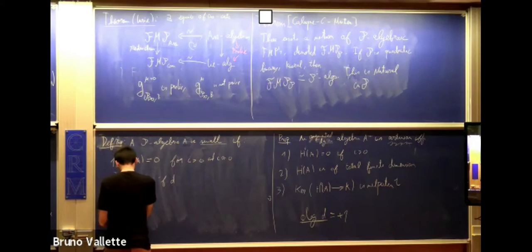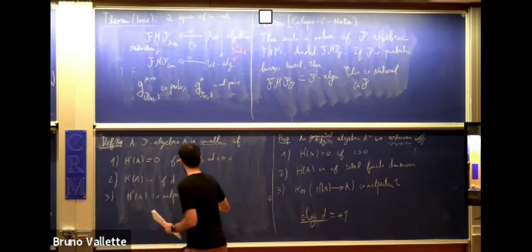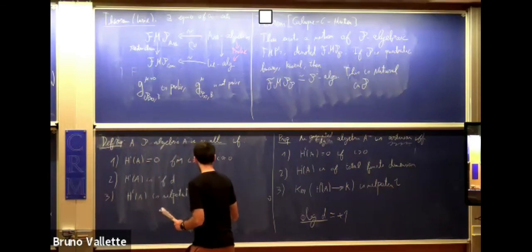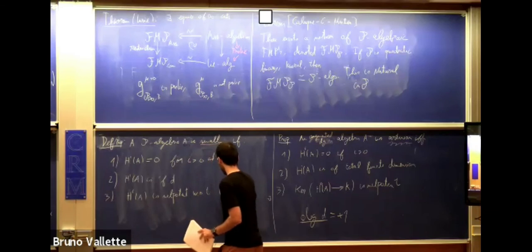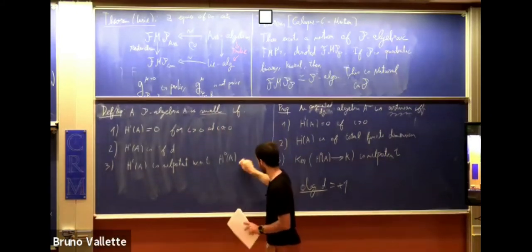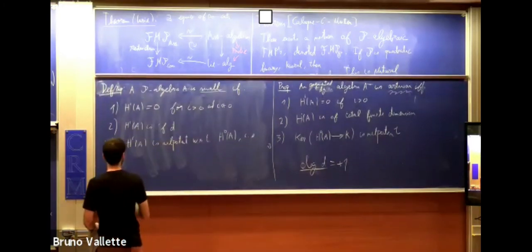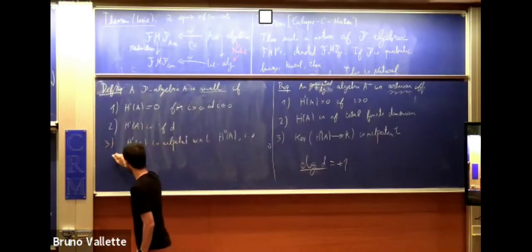The last condition, the nilpotency condition, is that H_i of A is nilpotent with respect to H_0 of A. So concretely, if I take A_i's in, let's say, homology 0 of A,